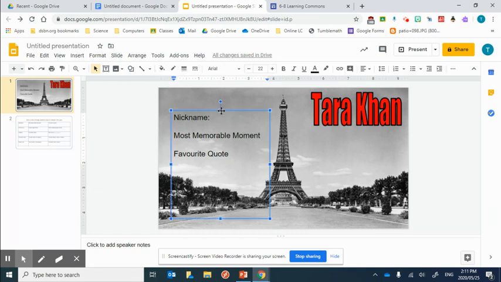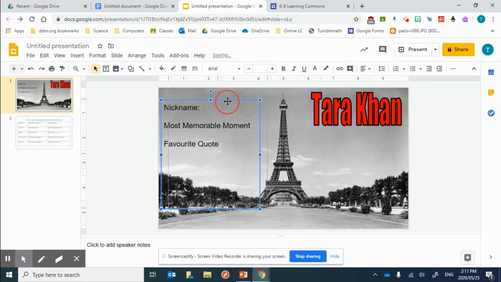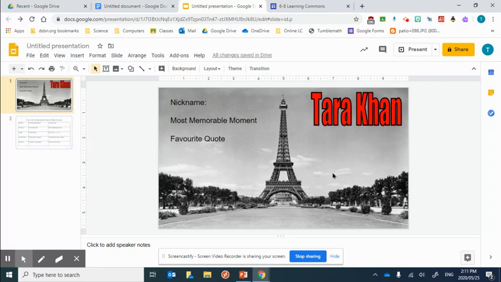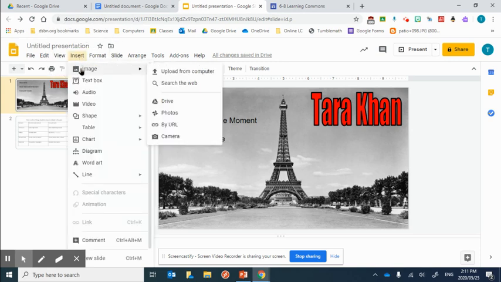Okay, so now that you've added all your text, you can notice how I can move it like a picture as long as I have a plus sign to where I want to put it. I like this area down here for the baby photo. So if you come up to the insert menu, the very first choice is image. If you've downloaded your image to the computer, you can get it from your documents or from your pictures this way by uploading it. I have downloaded mine